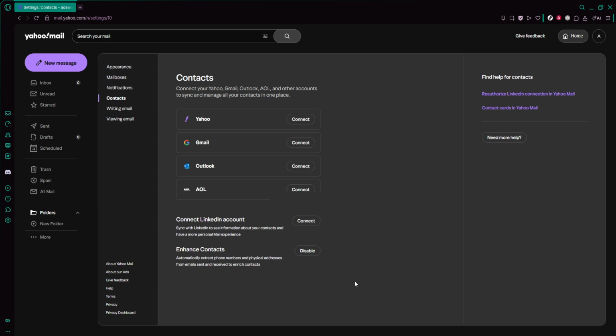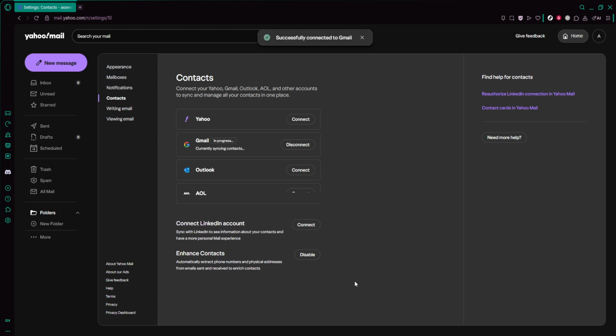When you choose Gmail, you'll likely be redirected to a Google sign-in page in a new window or tab. Here, you'll be asked to log into your Google account if you're not already signed in. Choose the Google account that is connected to your Google Drive. This is important because the account you select is the one Yahoo will use for your contacts and any integrated